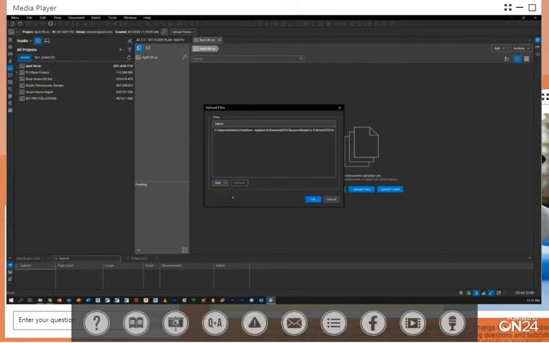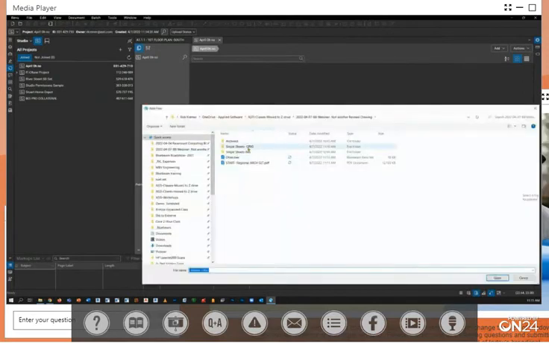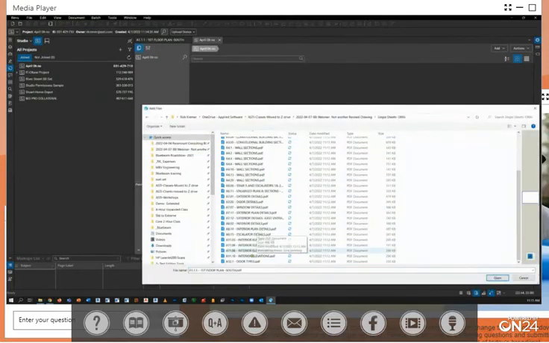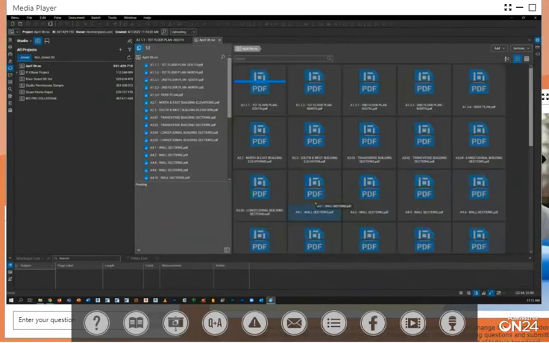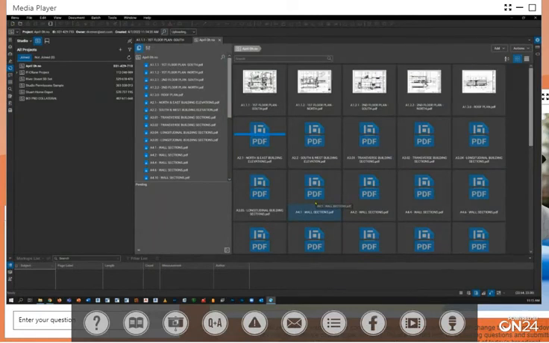I'm going to open the files. Oops, sorry. Hey, that's what happens when you do live stuff. Over here, let me go through and open files. Here we go, single sheets original, and I'm going to bring these in. I'm going to go ahead and hit OK. I'll have to work on that drawing set. Not sure what was going on with that, but nonetheless, it's going through and uploading all of these individual drawings,